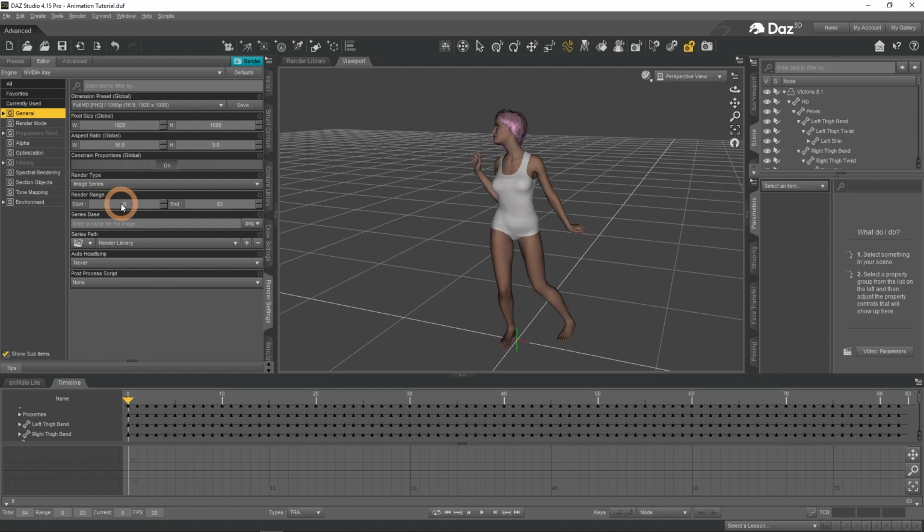A quick example, you render a very complex and long animation. And your DAWS Studio crashes for some reason in the middle of it. If you are rendering a movie, you will be left with nothing and will need to start again. But if you had render type as image series, you will have half of the images safe and sound. And will need to only render the other half. Nothing more in the general tab.